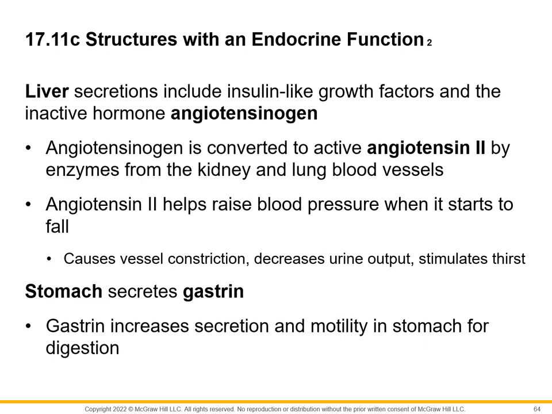We also have the liver. The liver produces a hormone called angiotensinogen. And just as a hint, anytime you see this ending, ogen, O-G-E-N, that means it's inactive, right? That means it's an inactive form of the active molecule. So this angiotensinogen is converted into what's called angiotensin 1, and then angiotensin 1 is converted into angiotensin 2,